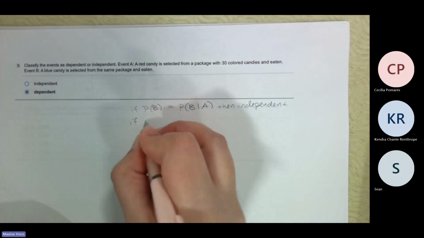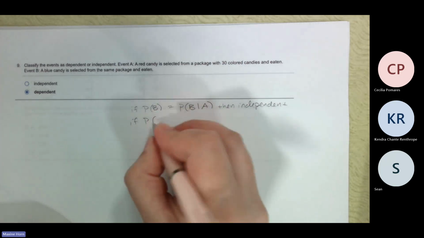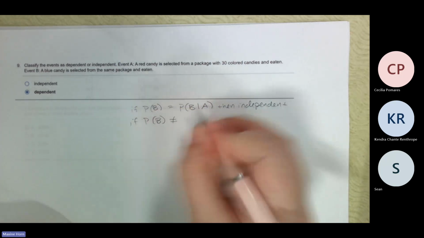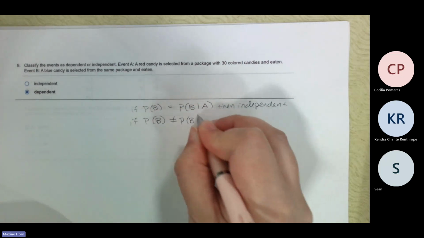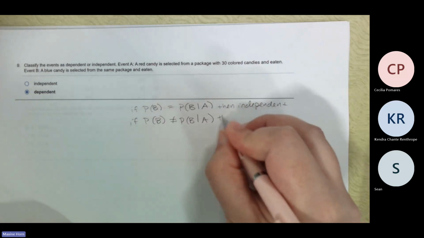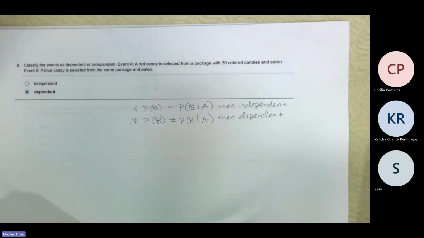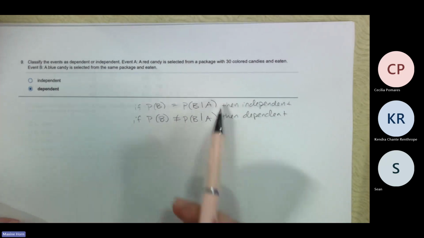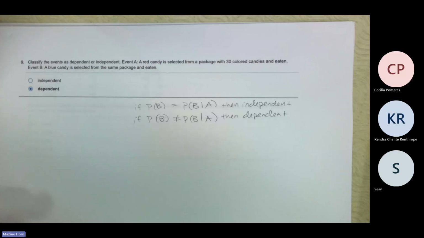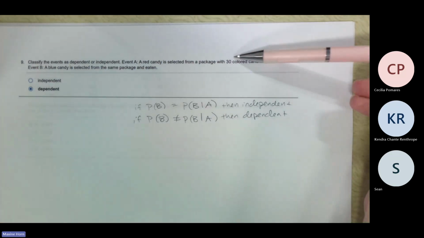But if the probability of event B is not equal to the probability of B given A, then they are dependent. Okay. So first, we're just going to think about this theoretically, and then we're going to assign some numbers to it so that we can actually do some calculations if we wanted to. Okay, so if I have 30